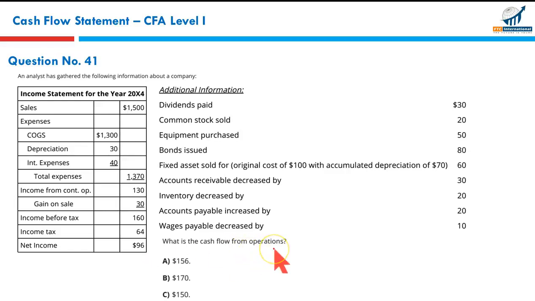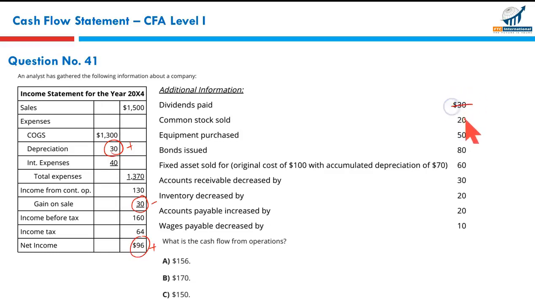What is the cash flow from operations? Cash flow from operating activities, we need to see, do we have net income? Yes, that's our starting point. Taking net income as our starting point, we need to make certain adjustments. Specifically, depreciation is to be added back. Gain on disposal is deducted. These are the two adjustments from within the net profit and loss account or income statement.